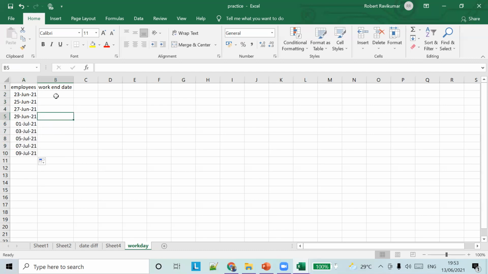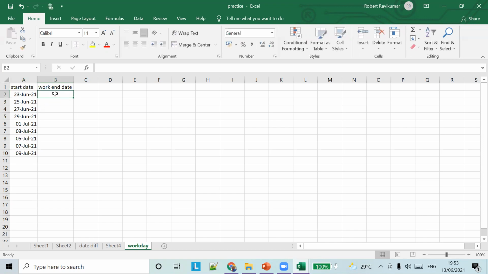See, there are different employees and they have to work for 30 days. So we have to find the work end date. They're starting their employment, so the start date is this one. The start date differs for everyone.